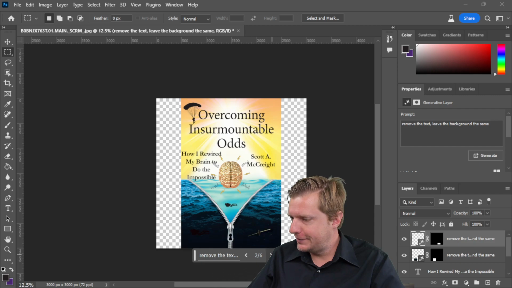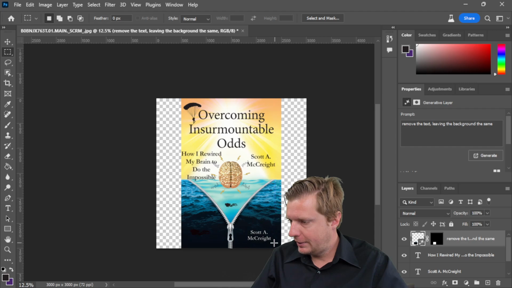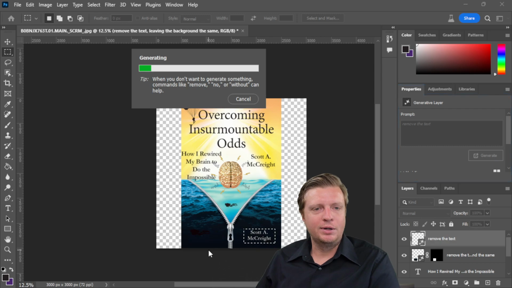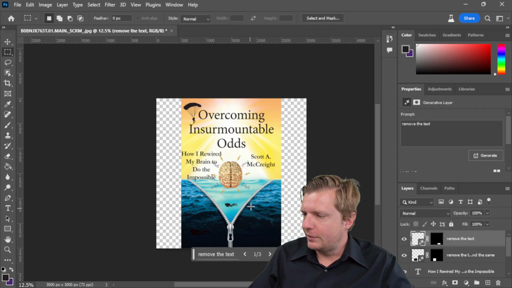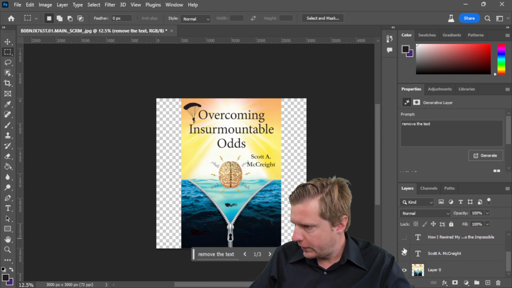See, it adds text. Love. I don't want any of that. So let me undo. Let me try again. Remove the text. Maybe we were too wordy and it confused it. Okay, so now let's go, and I'm not sure if my text layers will affect things, but I will hide